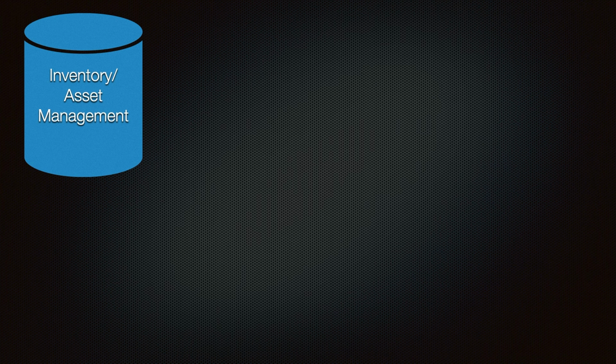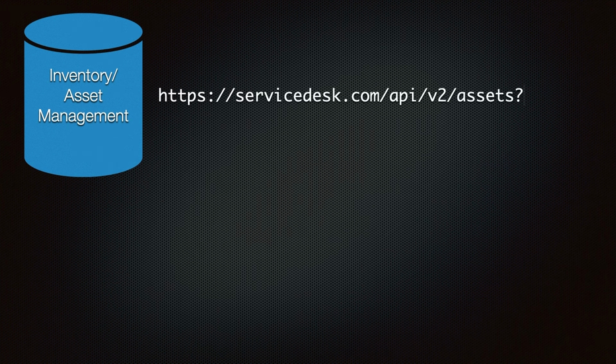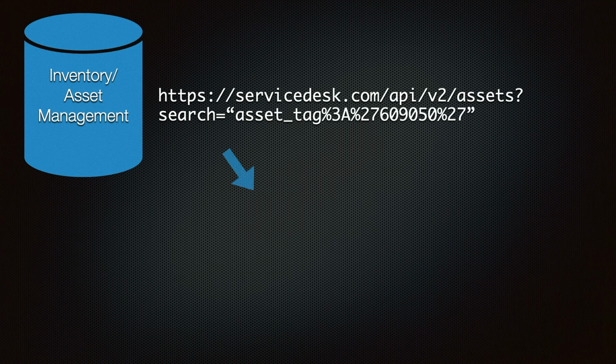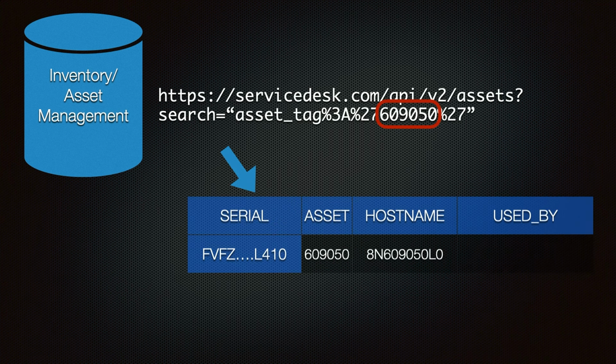Let's get everything that inventory knows about the asset. We can search by the asset tag number, since in this example that's what we're given. You can see it in that string. But what's with the other garbage around it? That's URL encoding, and an important part of how you form your API call. If it wasn't URL encoded, this is what it would look like. Makes more sense to us humans anyways.